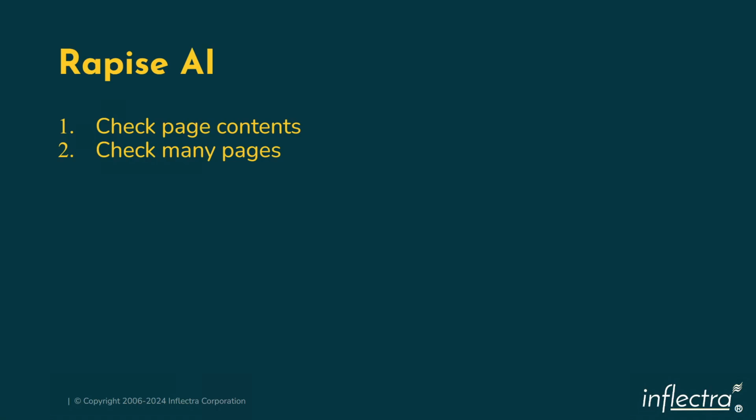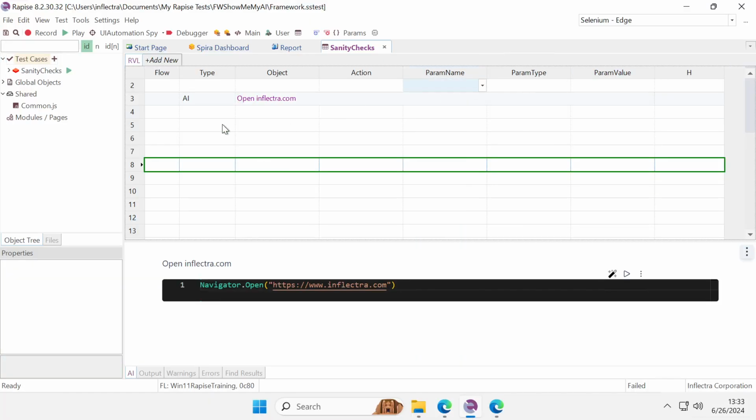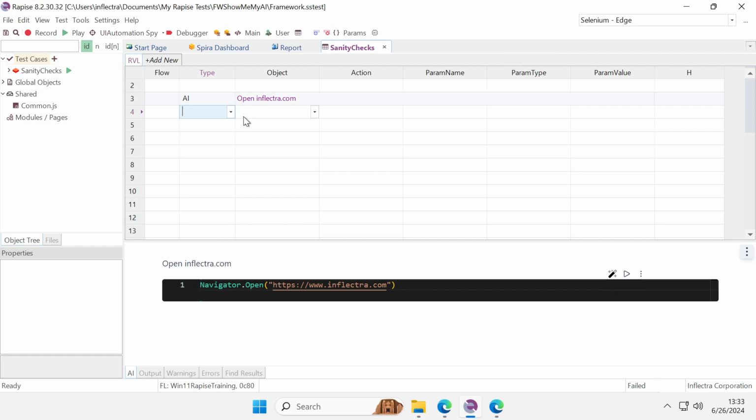Now let's expand my example to show more features of Rapise AI. Going back to my test case and going to enrich it with more actions. So I want to check that the inflector call mentions Rapise. And also I want to open